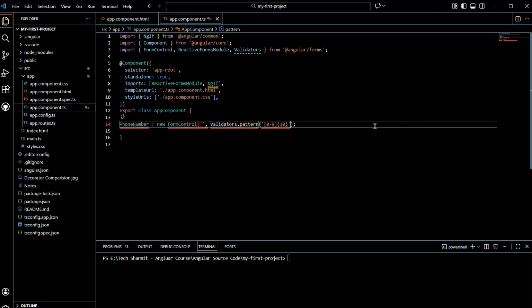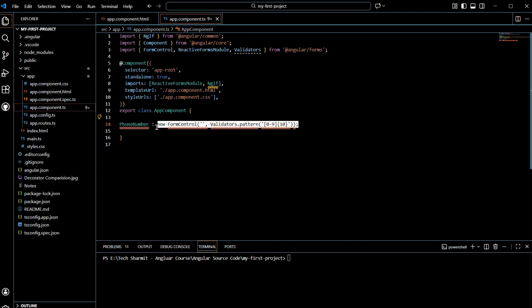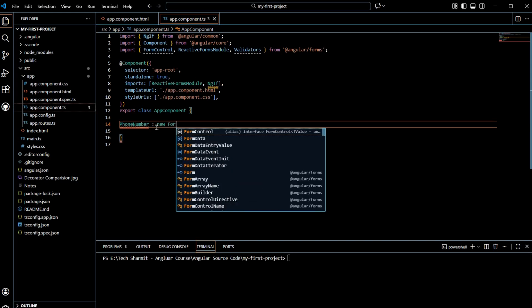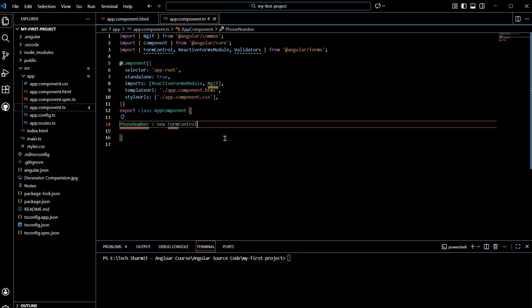Okay, there is a mismatch in the parenthesis. So for pattern there should be 1, and for this there should be 1. Okay, I think we messed this up, so let's clear it and rewrite it. So we will write it again. Okay, phone number, then new, then we will write here form control, it is imported. After that we will use parenthesis, single quote for default values, then we will write here validators